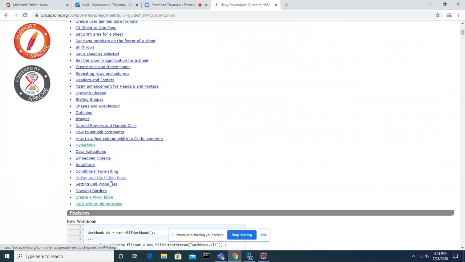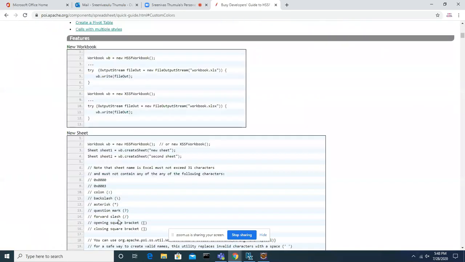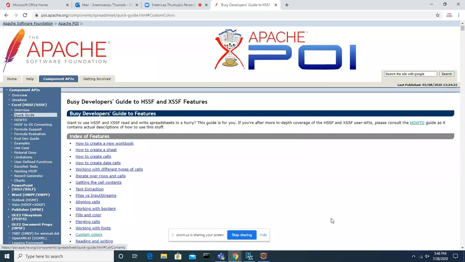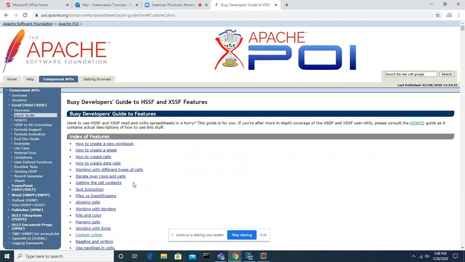Your only job is, whenever you get a requirement, you can go to the document. In your requirement they may ask you to make it bold, or to create a report with some color filling. So it's all about the requirement when you get a project and are working on it. What I suggest to you guys is to do some simple examples, because they have already given the examples. Take them and develop. By practicing, you will get some confidence.